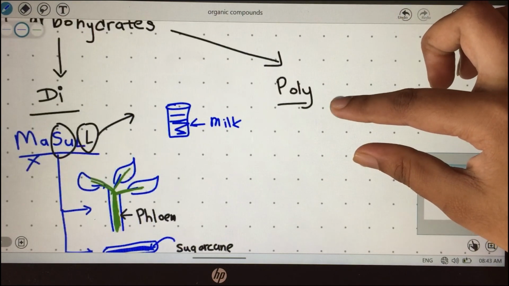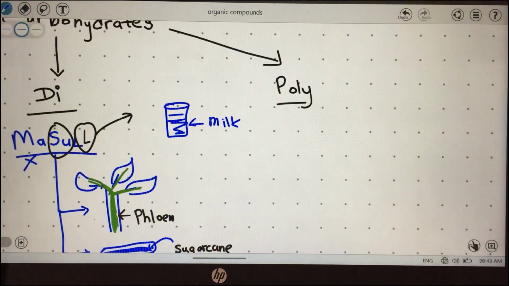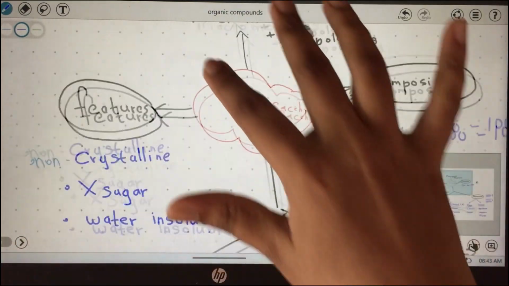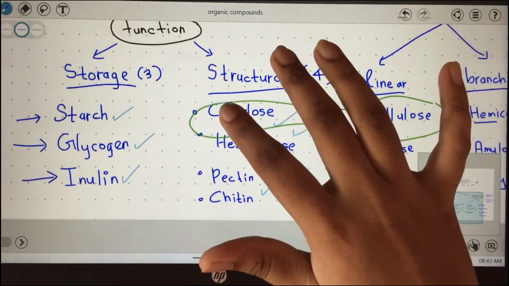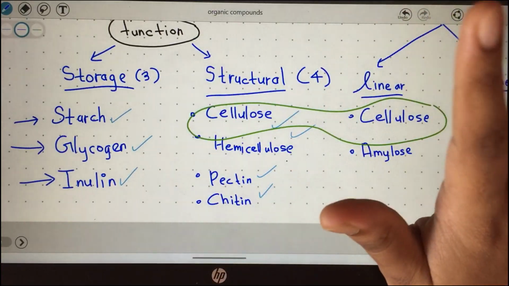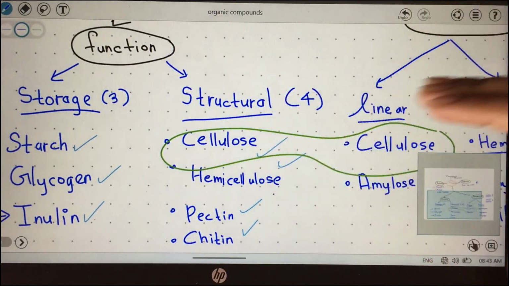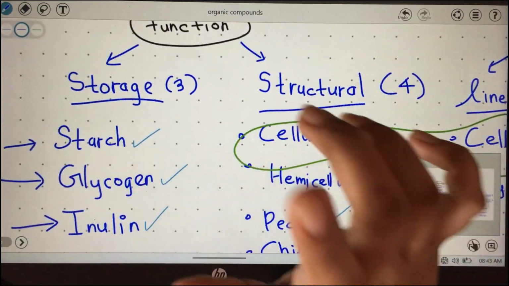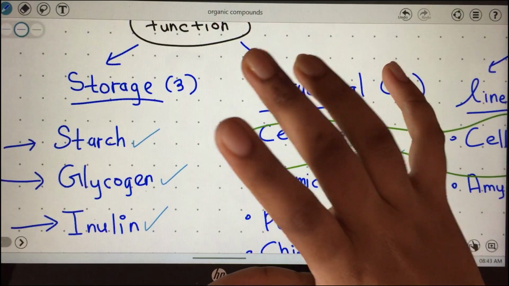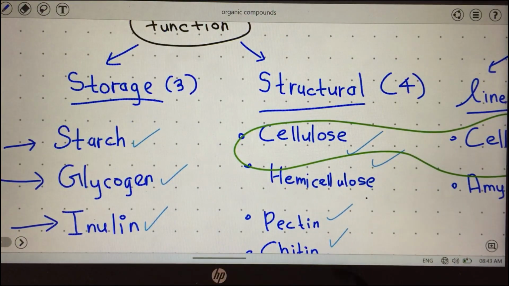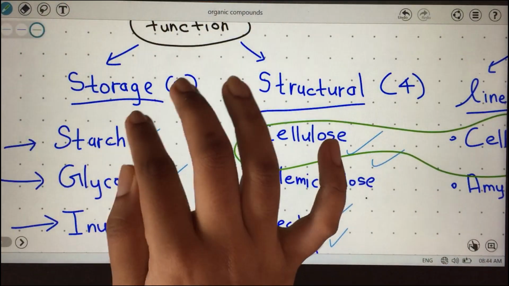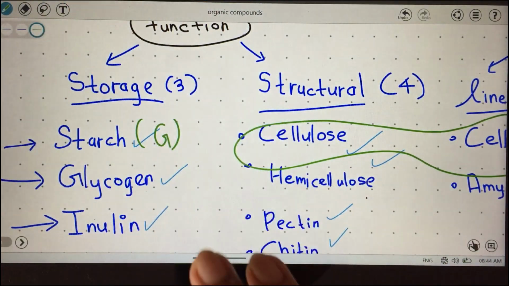Now polysaccharides, of course, I told you there are so many examples. So it's better to go with the previous categorization I told you. Here this one. Now here we have all the polysaccharides that we need for our work. Okay. So first of all, we'll start with starch. Starch is going to be found where? What are they going to store? Glucose. So they are going to store glucose. I'll write G here. Okay. They are going to store glucose in plants and chlorophytes.